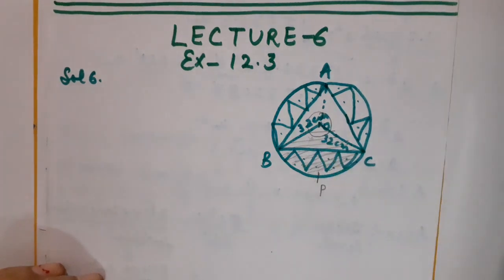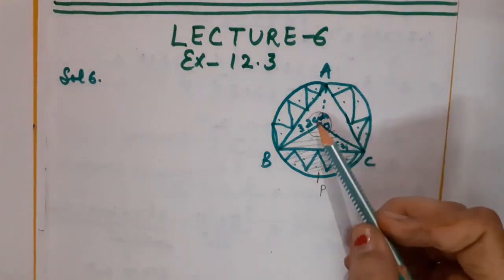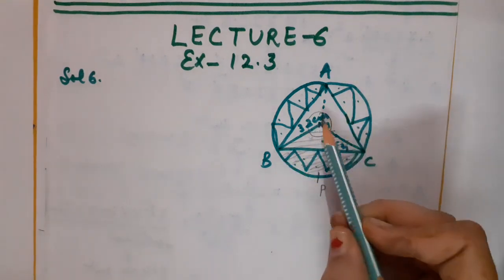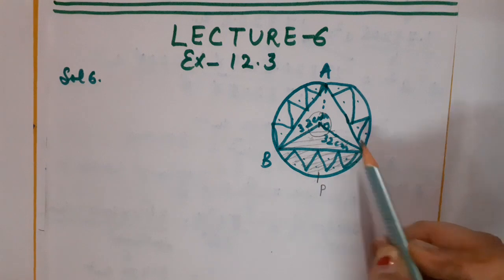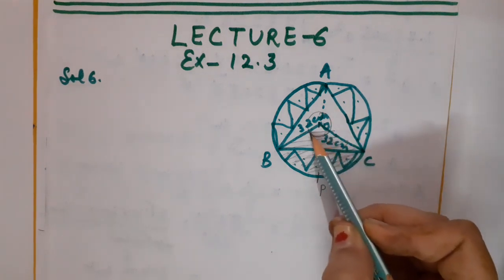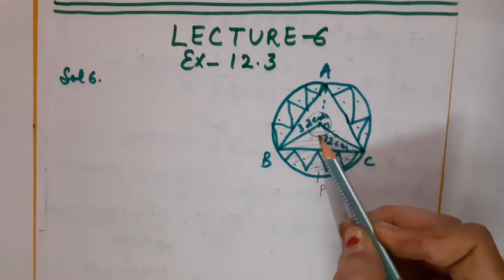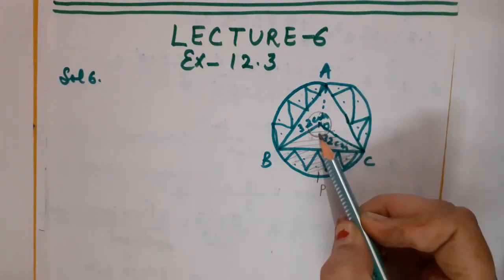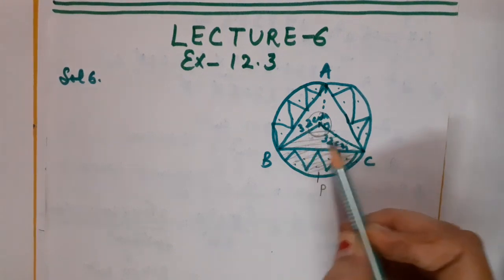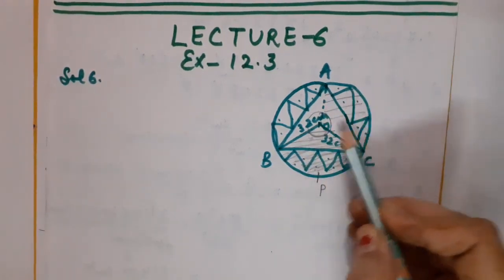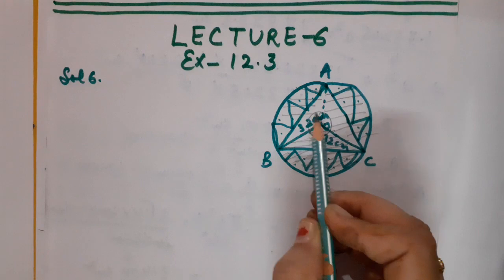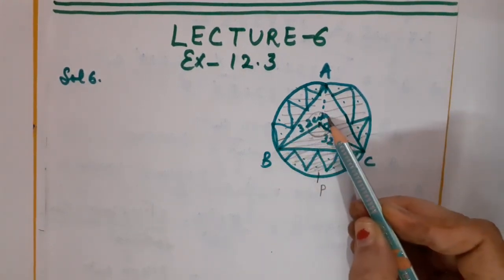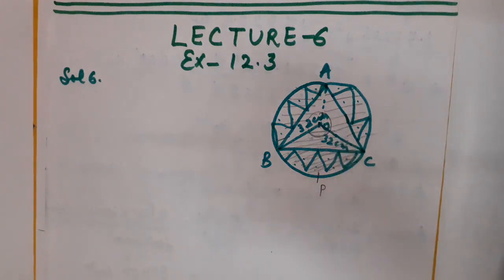Correct? Now children, as you know that to calculate area of sector, I need the center angle. Though I have the radii given to me, I do not know what the center angle will be. And you know that at the center, the complete angle is of 360 degree. And you can see that there are three sectors formed. One this, another this one, and third one this one. So it means this complete 360 degree angle is divided into three equal parts. Correct, children?